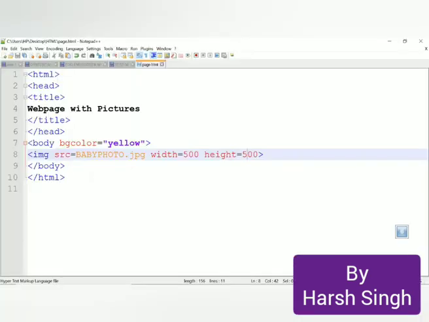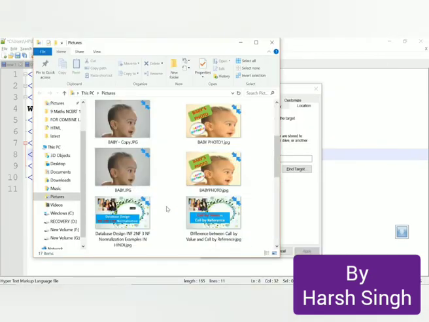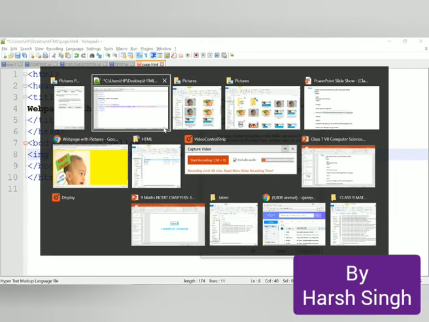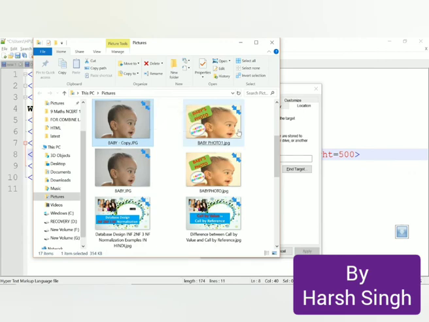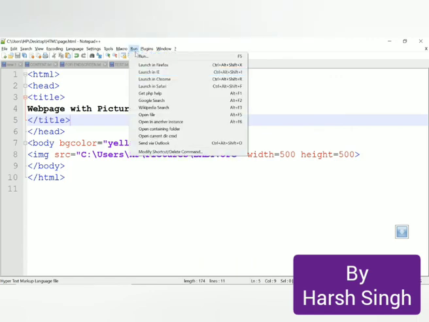So rather than just writing this, I have to give the proper path, and this has to be enclosed inside double quotes. But I have not written the name of the file. So let me take this one. I'll take this one, and now you should see this photograph. And please understand that this is not in the folder of our HTML file, right? So let me press Control S and let us try to run it.